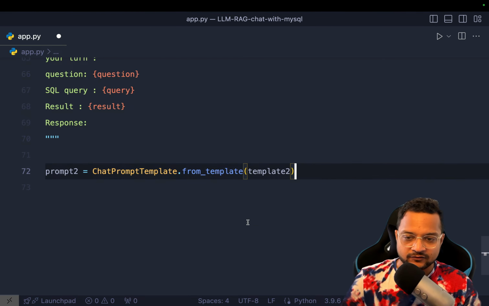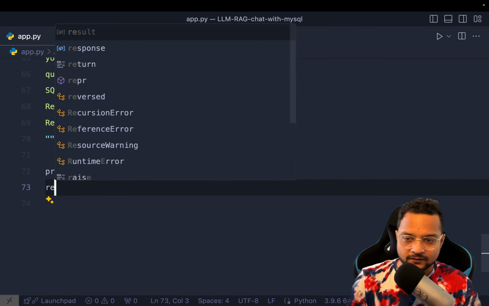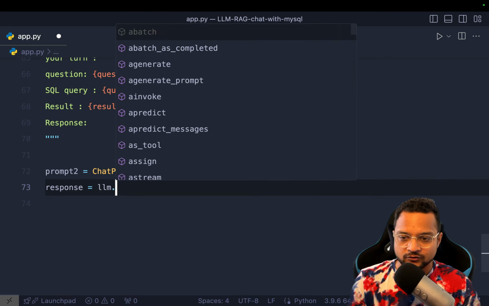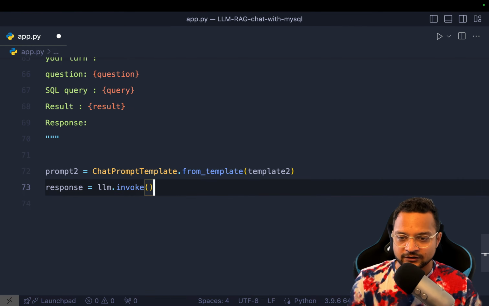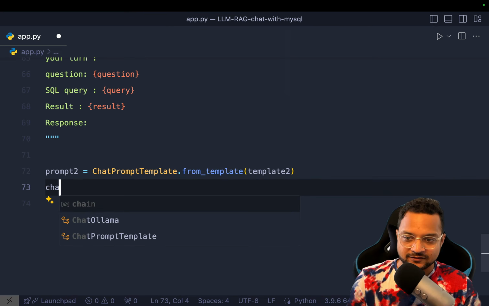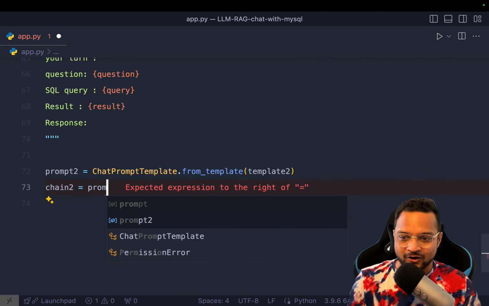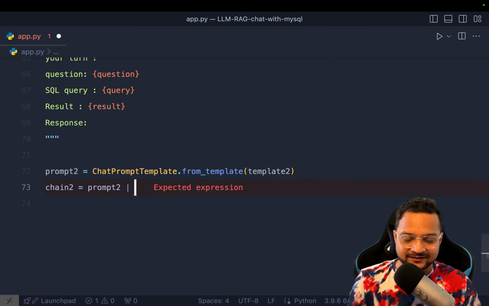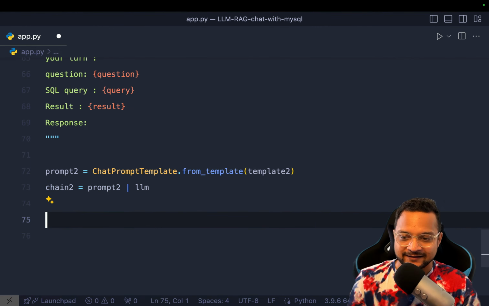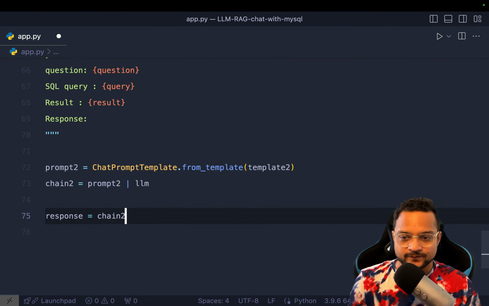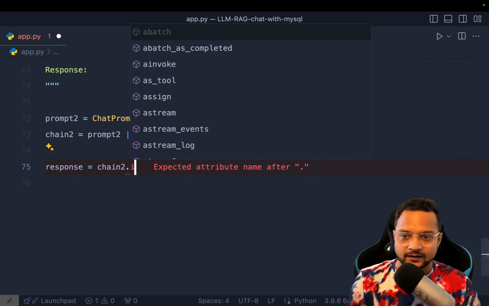And next we finally say response is equal to LLM dot invoke, sorry, not LLM, we need to create the chain. So chain 2 is prompt 2 passing to LLM model, and then we say finally response is equal to chain 2 dot invoke,